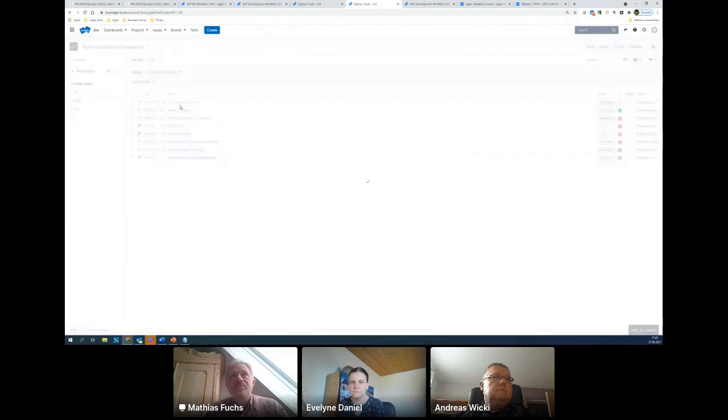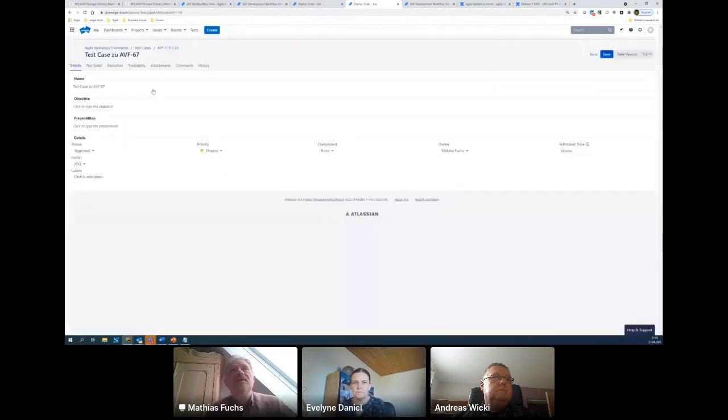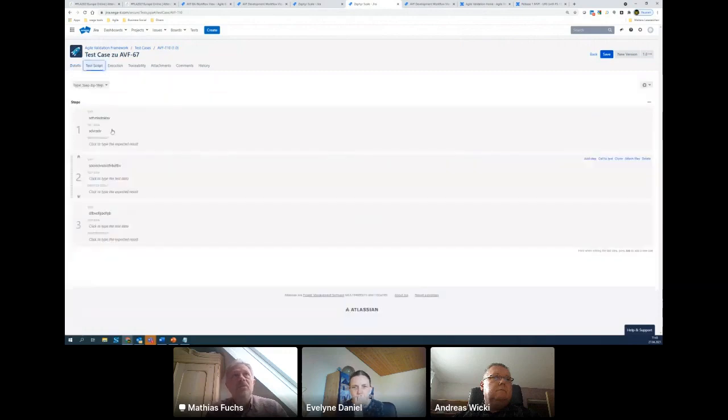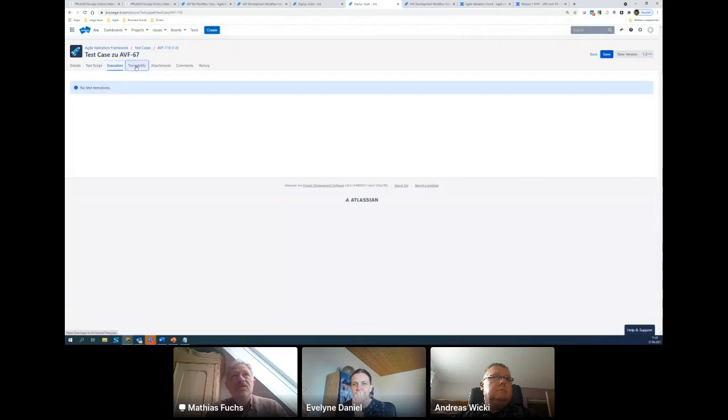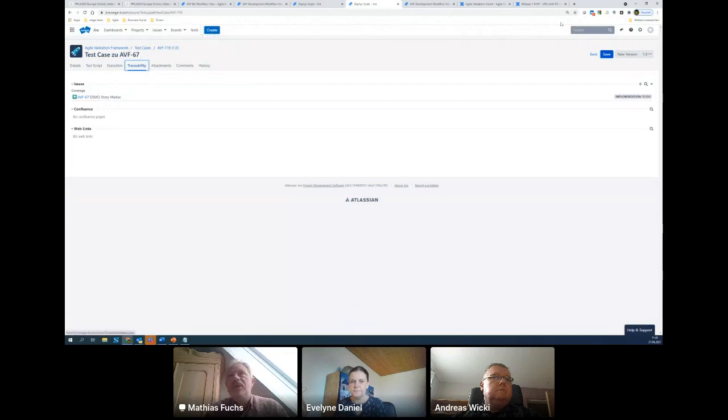In this tool, all these test cases will be managed in the same system, in one system, which is for me quite crucial. Typical test scripts can be created, right? Execution of the tests can be tracked. Traceability. Oh, maybe because you ask about the traceability, I can show you the report that we currently